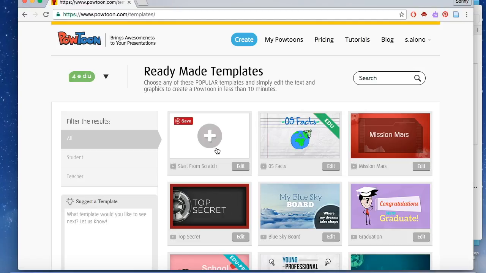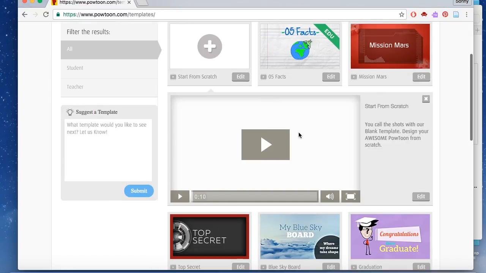And it'll come up from start from scratch, and you've got lots of different kinds and types, and I'm going to recommend you start from scratch, and of course you can build in other ones later once you're a little